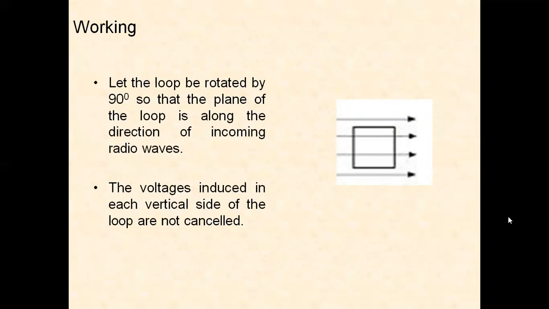So a loop antenna is a single turn or multiple turns of coil carrying current. RF current is flowing through it. Since its dimensions are much smaller than the wavelength, the current throughout may be assumed to be in phase. Thus, the loop is surrounded by a magnetic field everywhere, perpendicular to the loop. The directional pattern is independent of the exact shape of the loop and is identical to that of an elementary doublet. And we have circular loop, square loop.